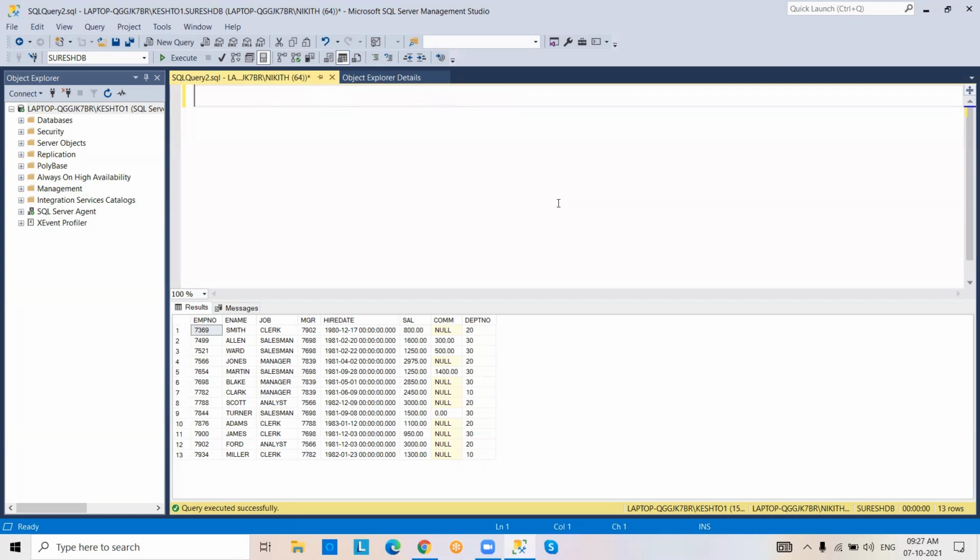Now, coming to next scenario. Logical operators: and, or, not. See, AND operator, OR operator.